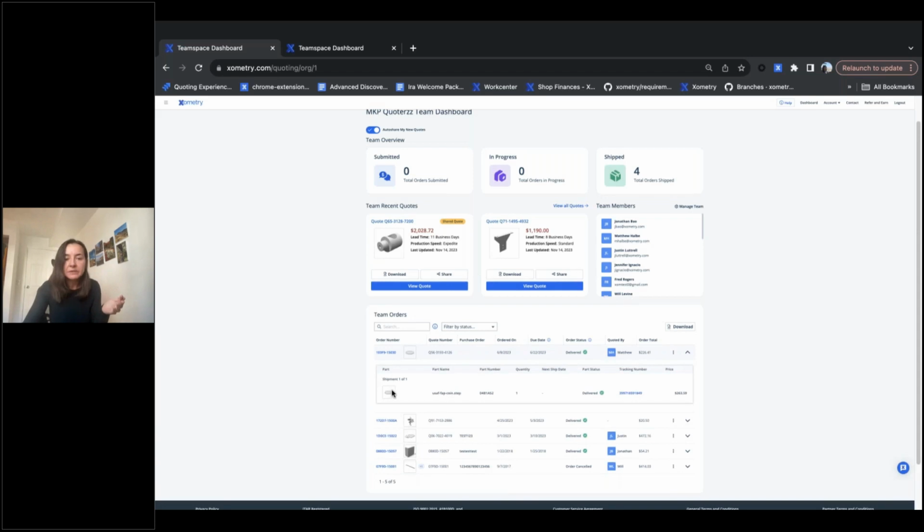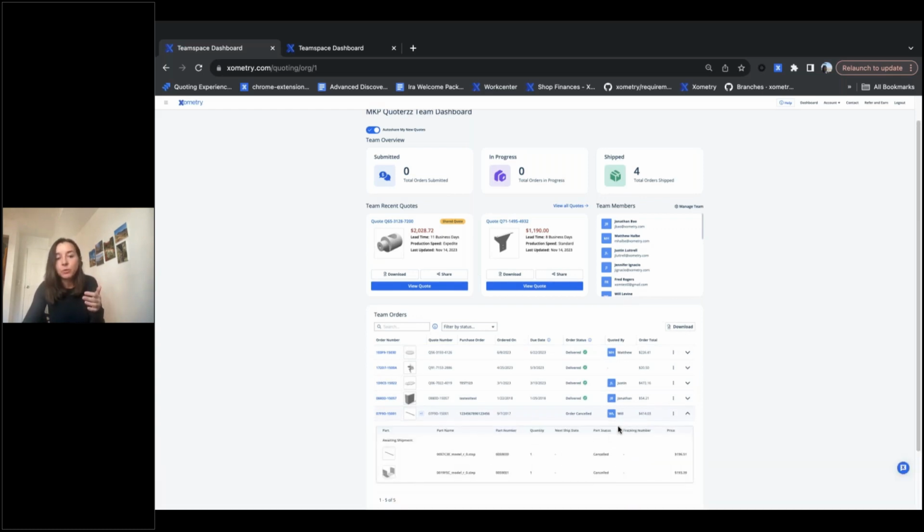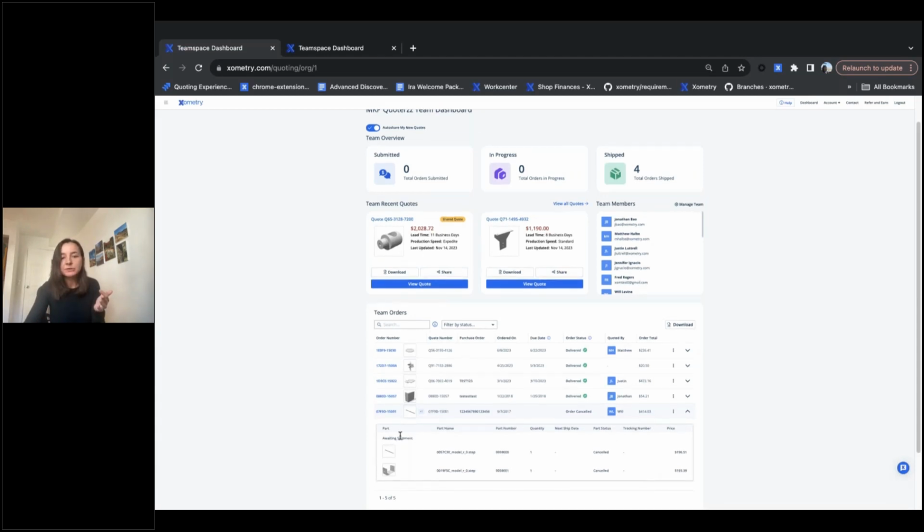And so here you have again this thumbnail, the part file name, quantity, the status, and the tracking number. It's especially important to be able to expand the order if you have more than one part in the order. Sometimes an order can contain up to 100 different parts. So you can expand and see the status of each part, because some of them might already be delivered, some might still be in progress. You can